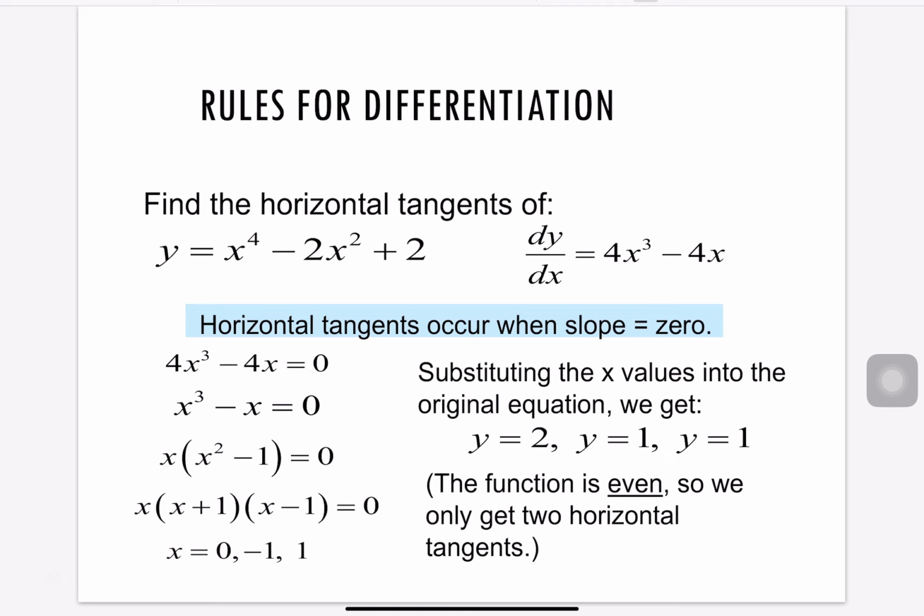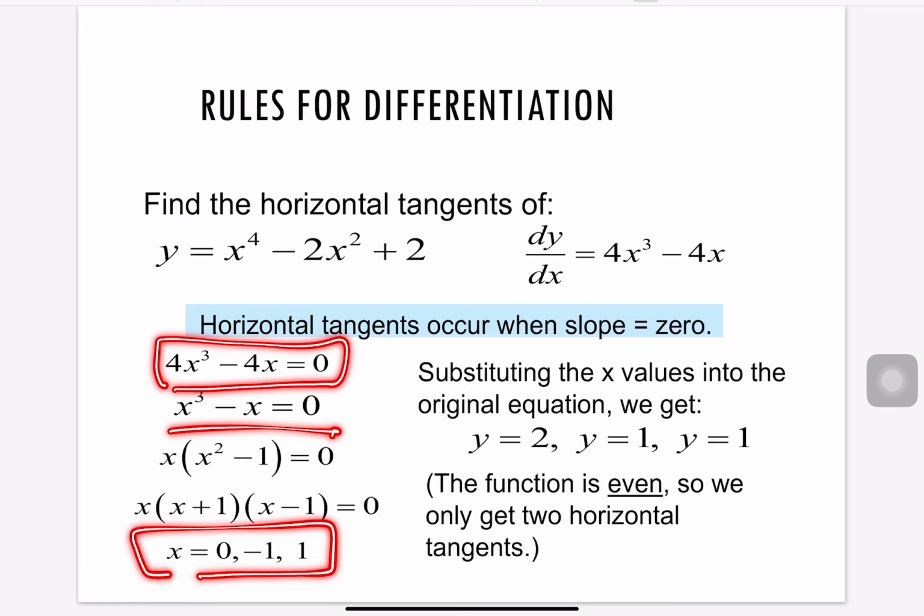Okay, you can see here, the 4 comes here and the power decreases by 1, so it will be 4x^3. The 2 comes here, 2 times 2 minus 4, and the power decreases by 1, so it will be x. It will be our derivative. Okay, if we set this derivative equal to 0 and find x,